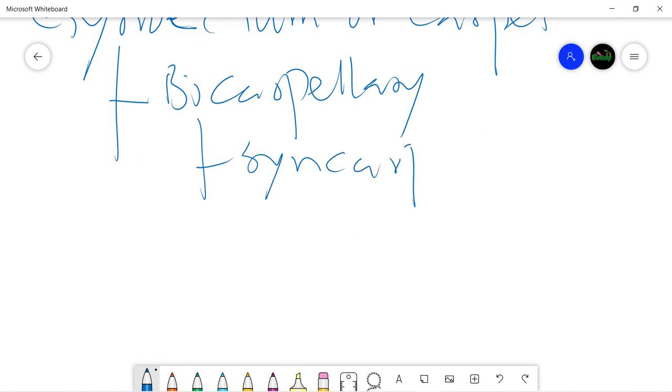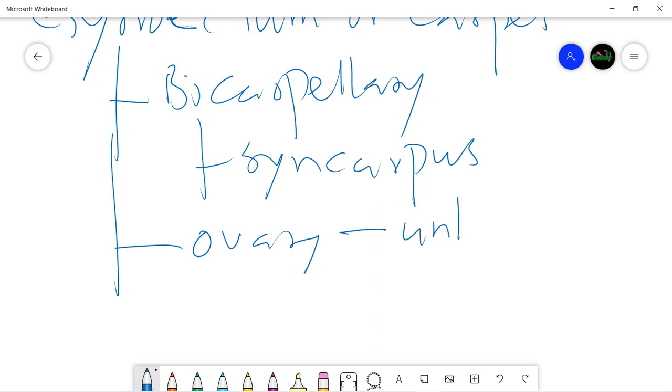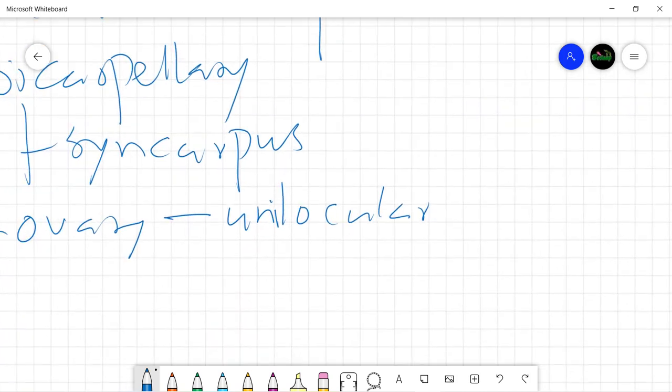So bicarpellary, syncarpous, and the ovary is unilocular in the beginning. If you remember when we were discussing the diagnostic characters of the family Brassicaceae, we have seen that the ovary is unilocular. So it is unilocular at first, in the beginning,